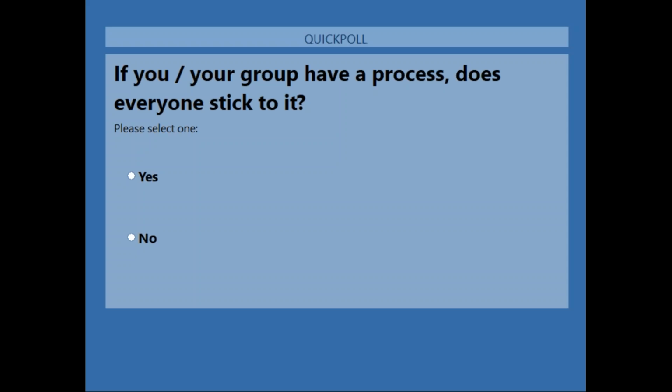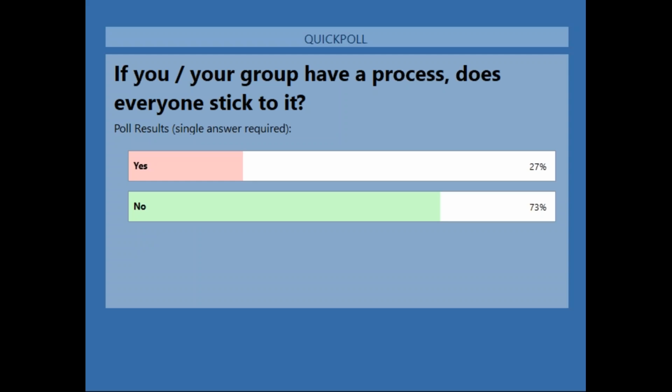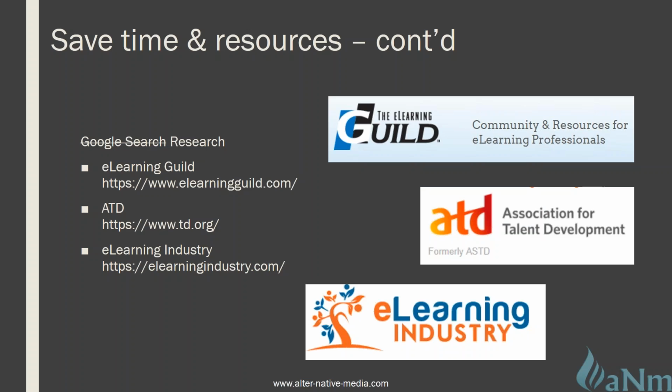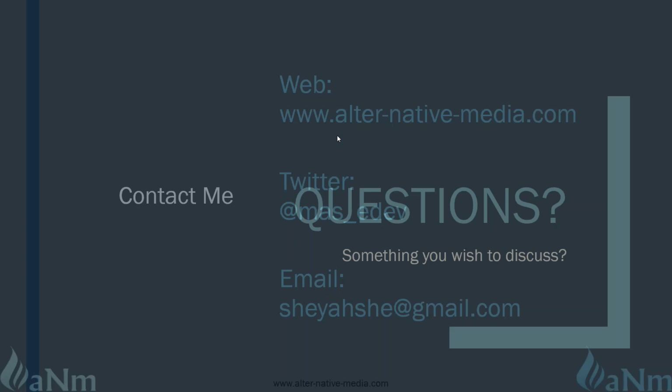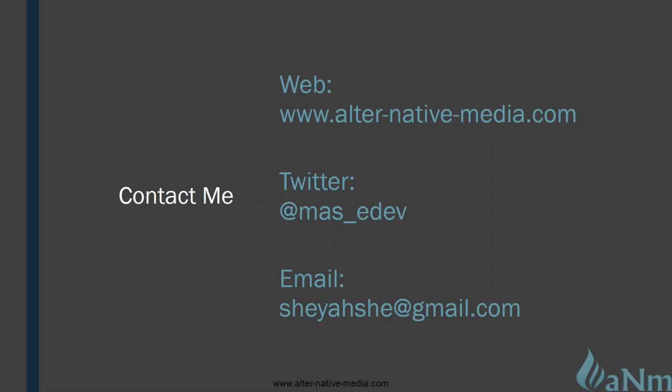So it looks like polls are pretty much done. Yep, and let me share the results really quickly. So it looks like for 73% of our attendees, not everyone sticks to the process that their group has. And that's not surprising, especially since 2/3 of the group didn't have a specific process. So I think that's really good to talk about, and I think that may be one of our discussion points. So we really want to talk about what's involved and whether or not there's a process. And remember, like I said, develop your own process. So I think that's a good way to think about it.